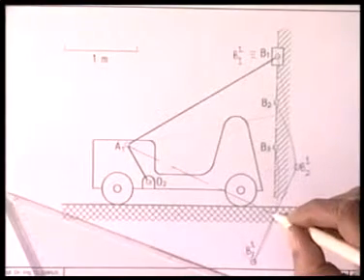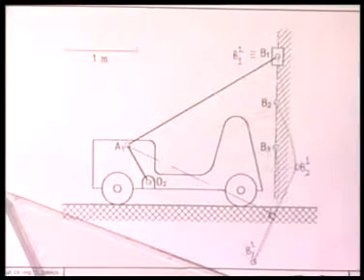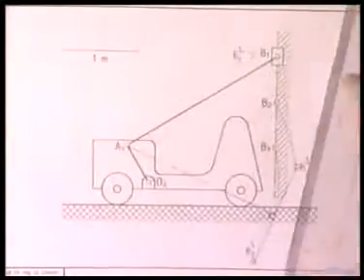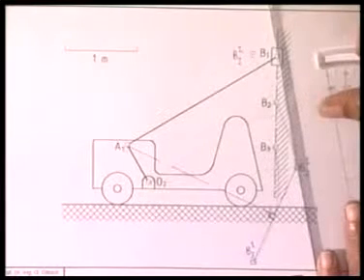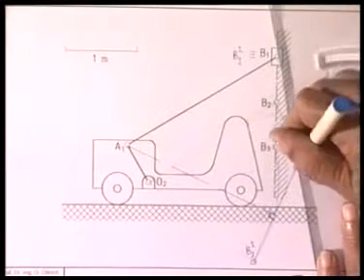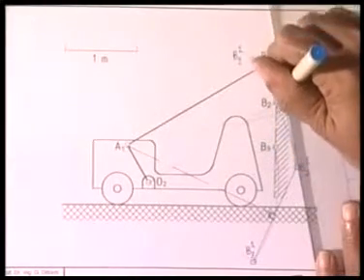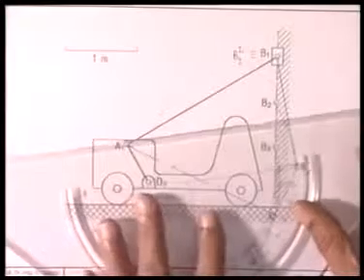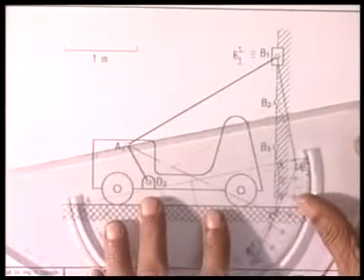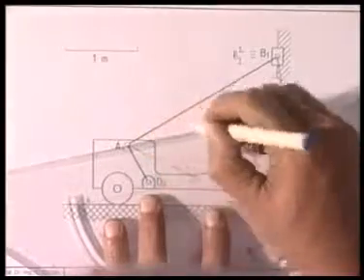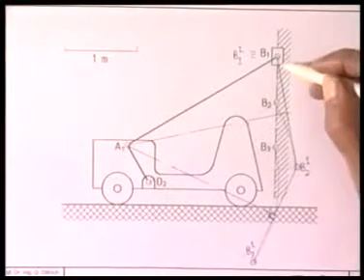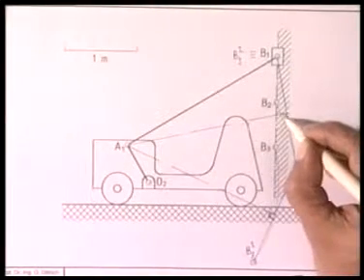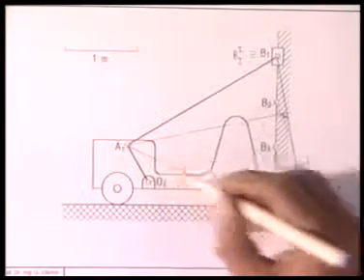This is the mid-normal of B21, B31, and we also draw the mid-normal of B11 and B21. This is the line B11, B21, and we draw the perpendicular bisector of this line, and these two lines intersect